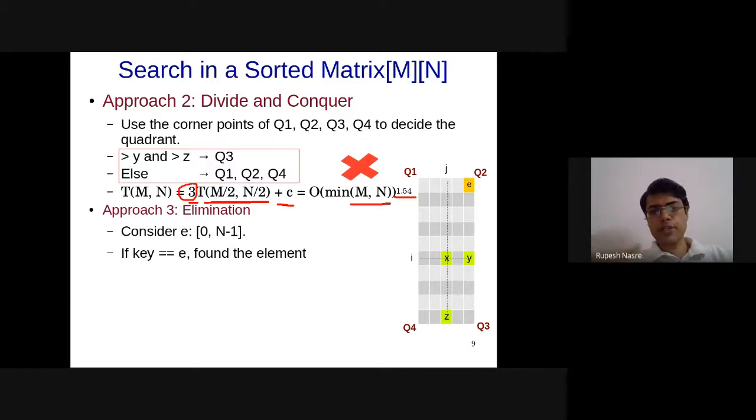So n could reach minimum, n by 2 to the power k will reach 1, or n by 2 to the power k will reach 1, whichever is the minimum that will reach. If it helps, what you could do is you can consider for now that m and n are the same, so that you will reach it in whatever k steps, 2 to the power k will come and so on. Right? So that you will get exactly in the same manner as we had done earlier.